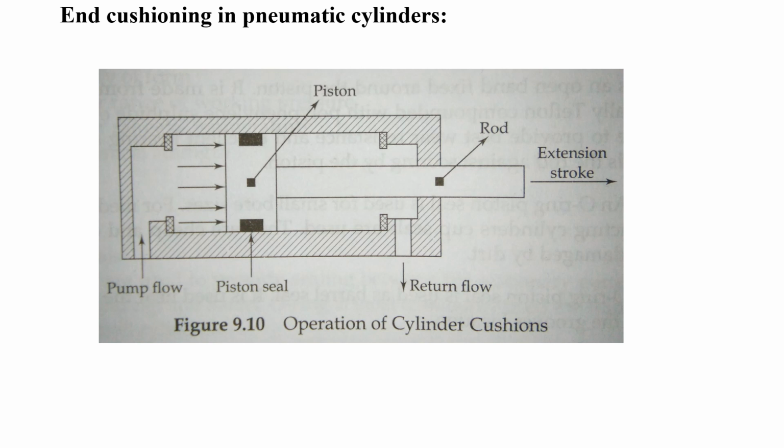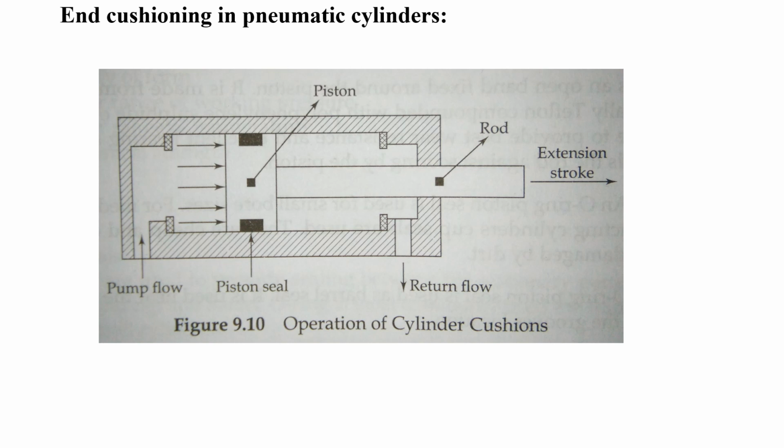To avoid that, they use seals to avoid the repelling of the piston back. At both ends, the cap end and the rod end, seals are used so that when you reach the end of the stroke, the speed automatically reduces and the inertia force does not act at the end of the rod. Because if you want to use the cylinder to push a component, you should not push at a faster rate. When you have a smooth pushing movement, after reaching the end position it should stop smoothly. To avoid the inertia force, they use the seals.